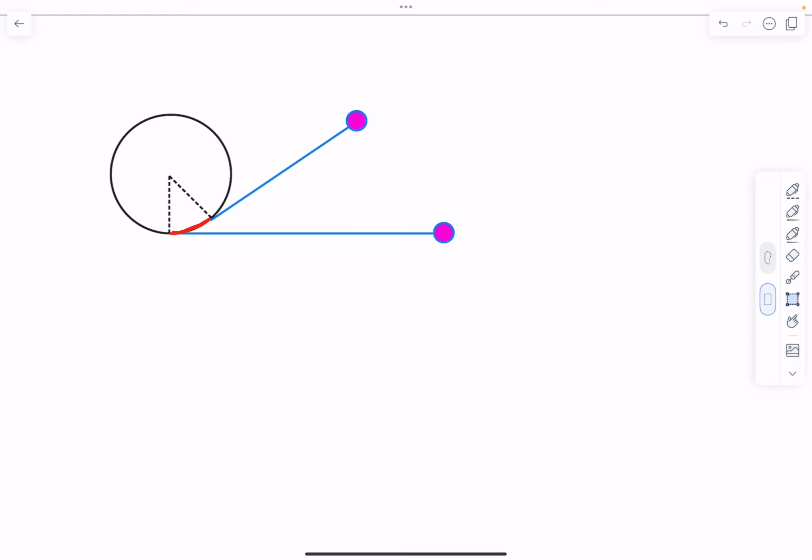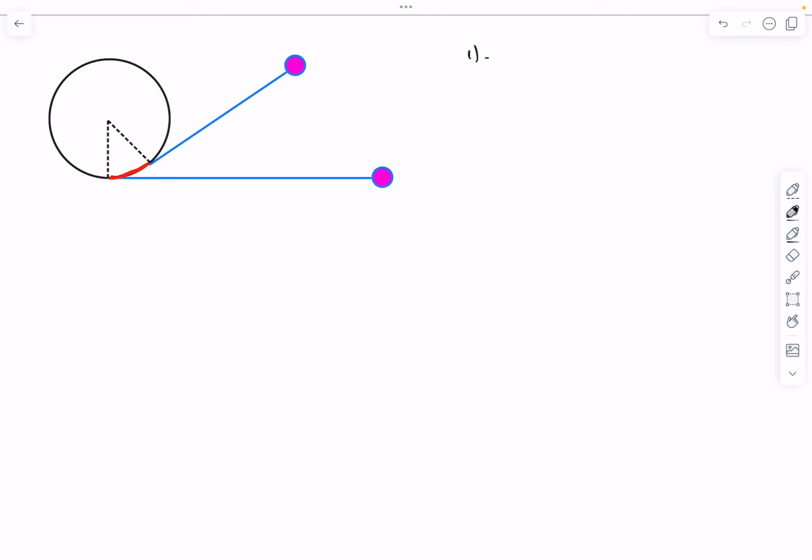Okay, guys. So this is the sketch of the initial situation and the situation after some time. So there are some important points here. So the first idea is that the string is inextensible. Because of this, there is a very important realization. And that is when the string actually reaches this point, let's say this particular point over here is